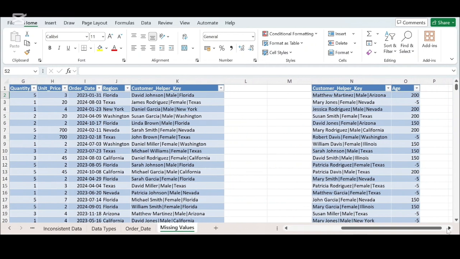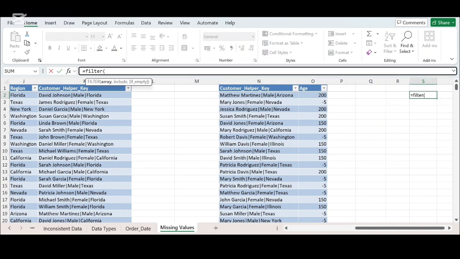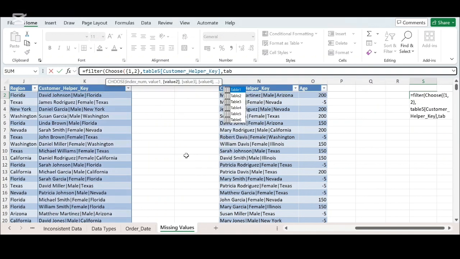So to create the second table, we are going to use this formula, equals filter, and we are going to use the choose function, and we still have 2 columns. So table 5, customer helper key, and age,